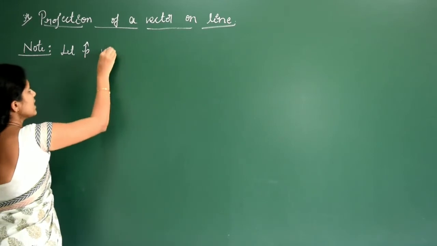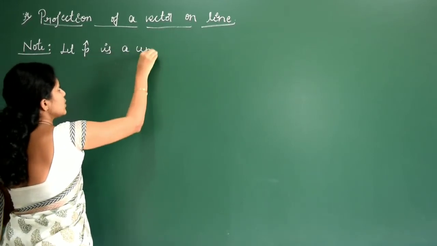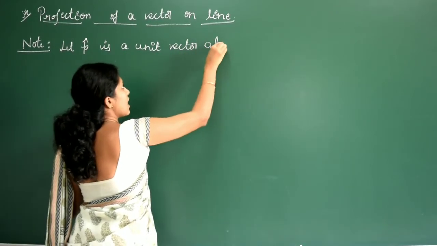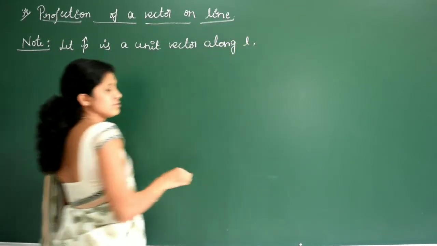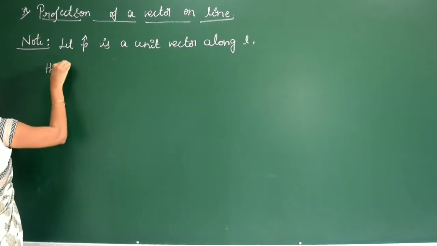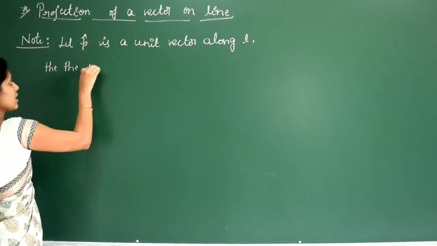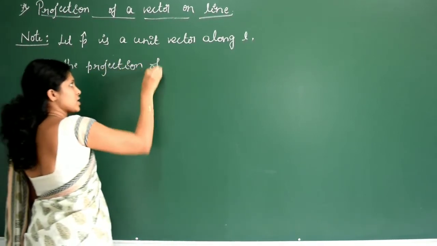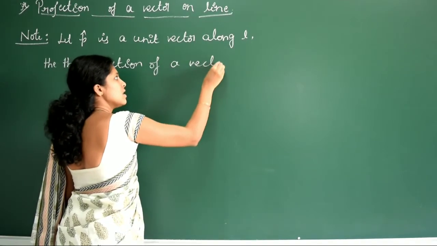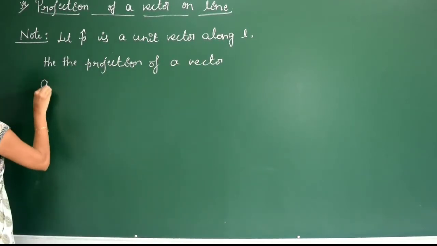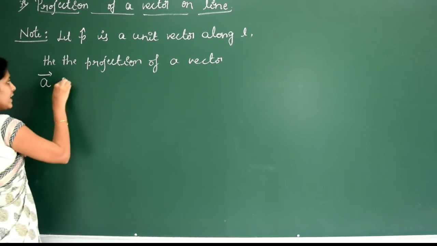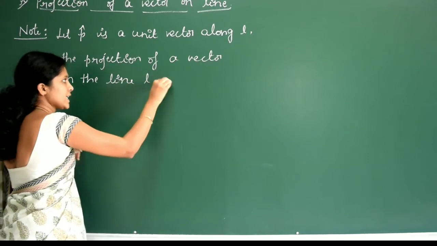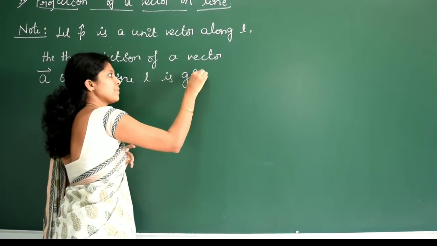Let P cap be a unit vector along L. Then, the important one, the projection of a vector A on the line L is given by, as I explained,